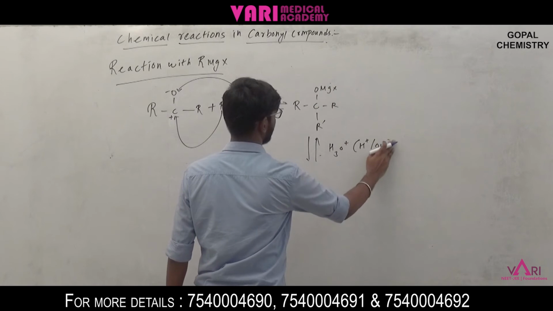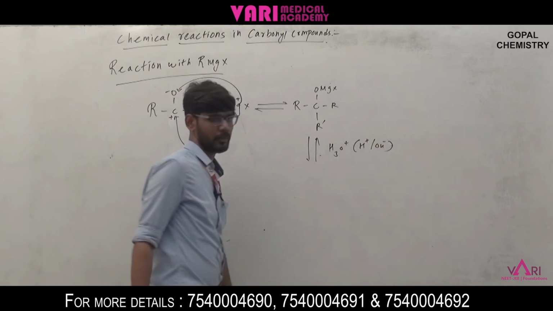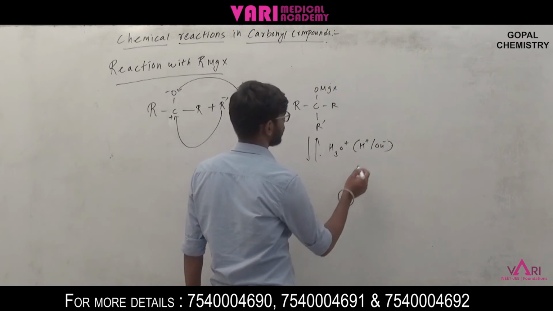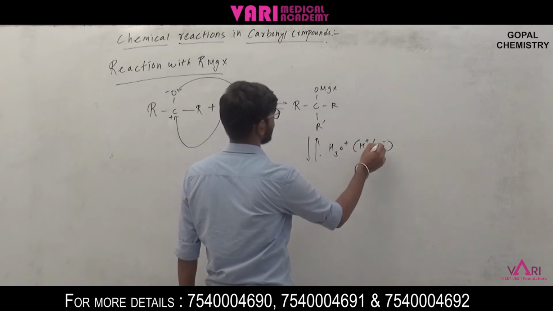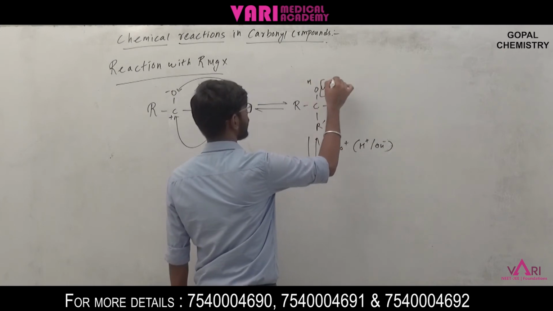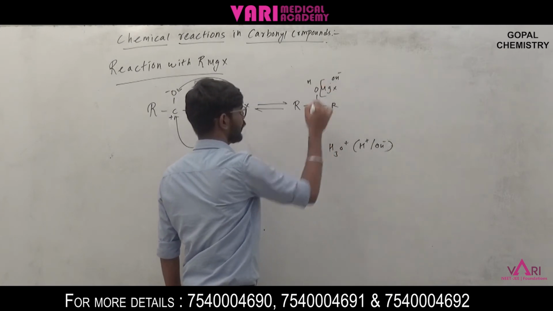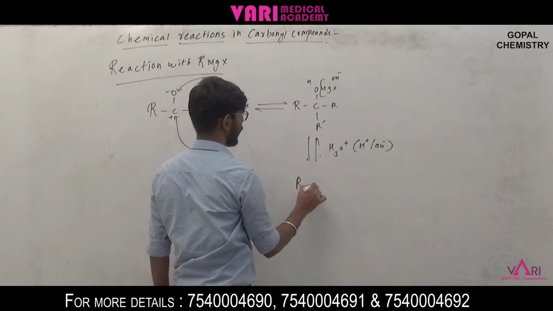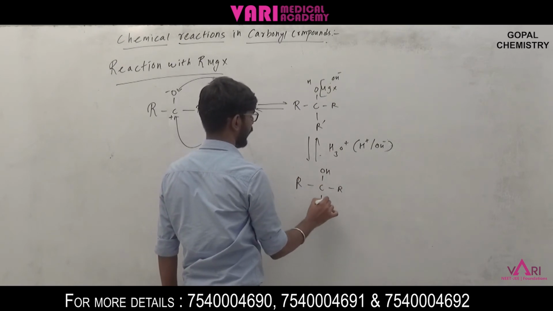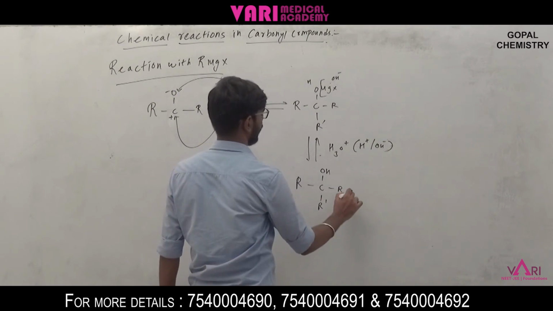Those are all proton and OH minus hydroxyl group. So this proton will be taken by this Mg. Here H and here OH minus. So it will result in RCOH and R dash. Okay, then we will have